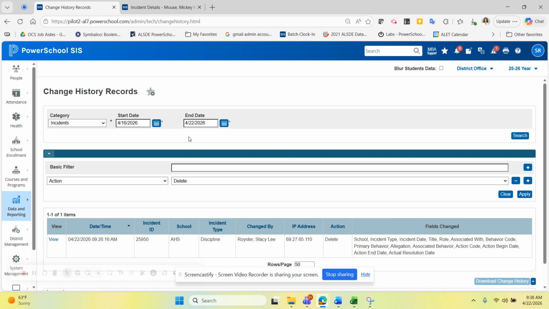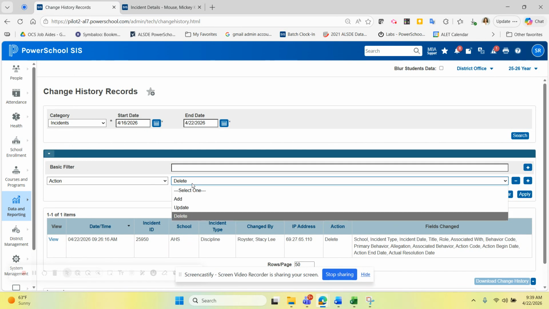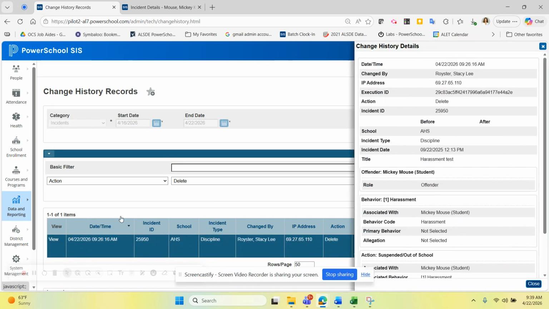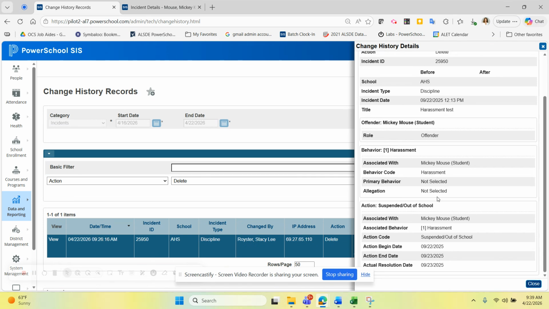to find it. Now, when you are searching for these, you can put in your filters, and one of the basic filters is the action filter, where you can choose to look for records that were added, updated, or deleted. And this would be how you would see those individual deletions on those records. So as you can see here, I did delete a discipline record this morning on this student. I can view here to see what that record was so that you can see what was deleted out of